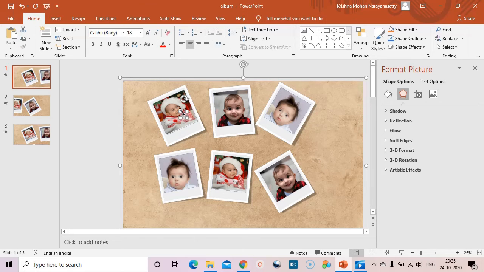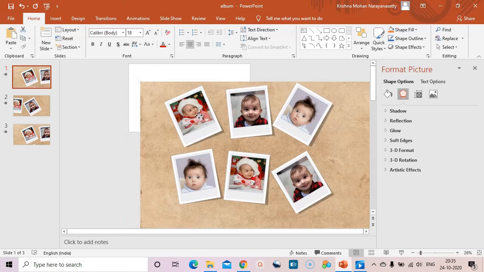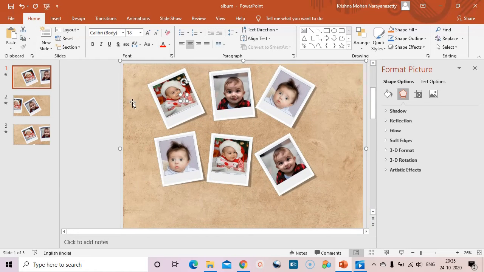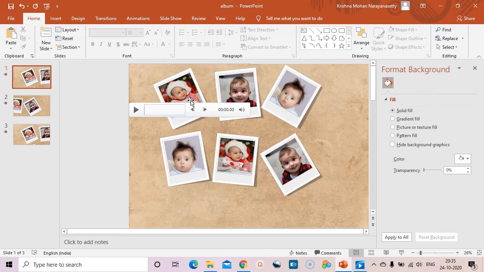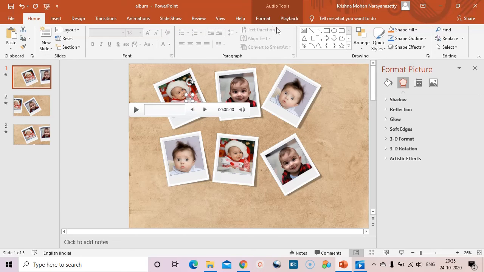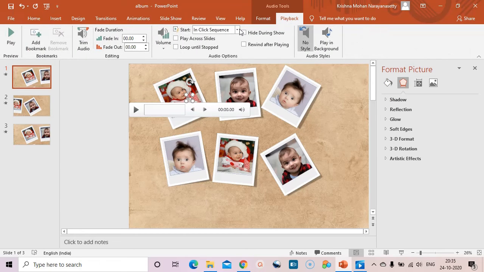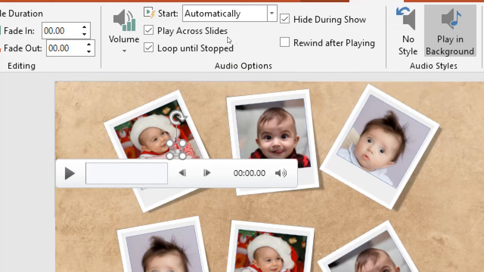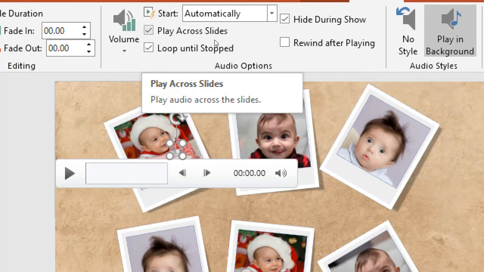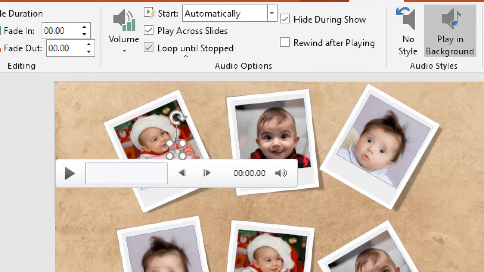And go to the audio file, click on this one, go to playback, and instead of on click sequence, select automatically. Also click play in background. So once you click play in background, 3 options get selected. So play across slides it has to play, not in one slide, and loop until stop, and hide during show.